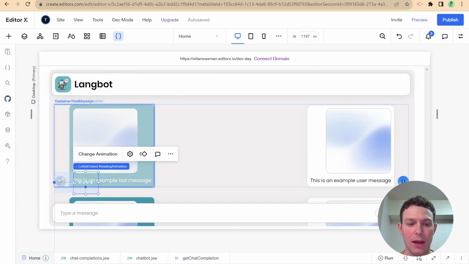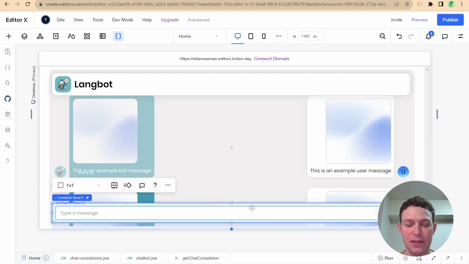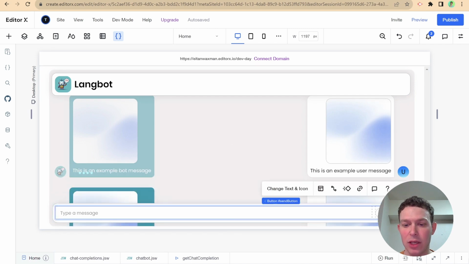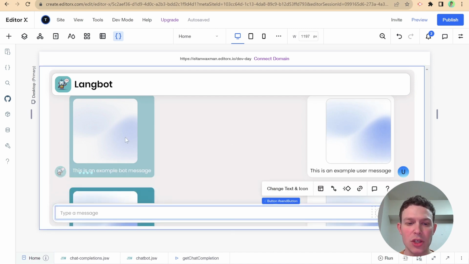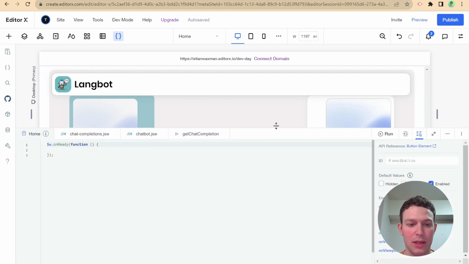Here for the bot, we have a little loading animation just while we're waiting for the response. And here we have a bar that's pinned over here where we type in the messages and we can send the messages using this send button. So the setup is going to be in some ways similar to what we did before, but here, since we're populating a repeater, it's going to work a little differently. So the first thing that we'll do is we'll set up the send functions for when a user sends a message. So let's head into our code,